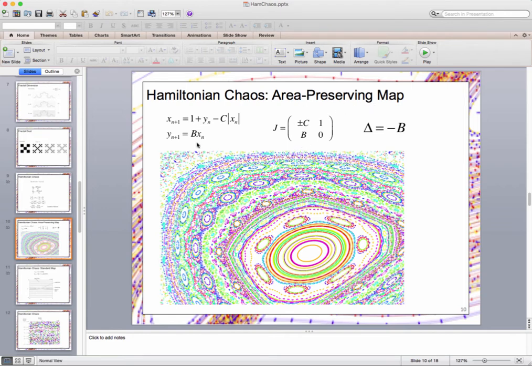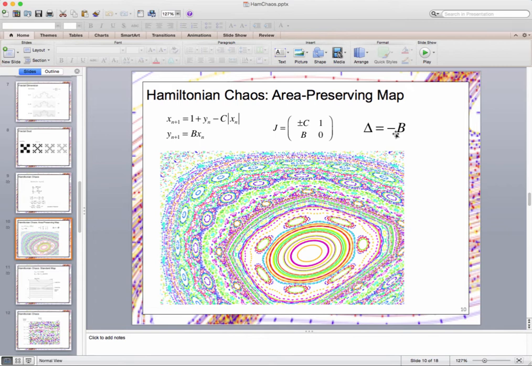This is called the Lozi map. It's a really simple two-dimensional mapping. So here x_{n+1} is a function of y_n and x_n. y_{n+1} is a function, in this case, just of x_n. We can build our Jacobian matrix of this discrete map and then look at the determinant. So the determinant is telling us whether we're